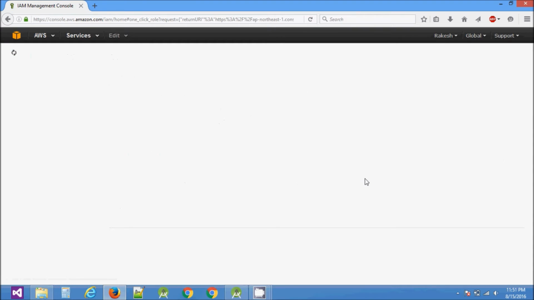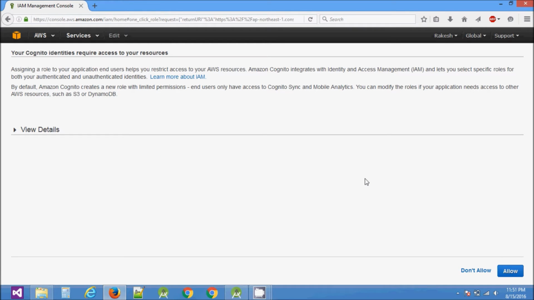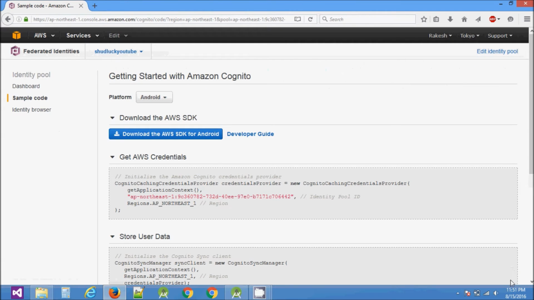Once it's asking you, just click allow. Nice. Now we will be having the main code to access Cognito, as you can see here, my cursor.